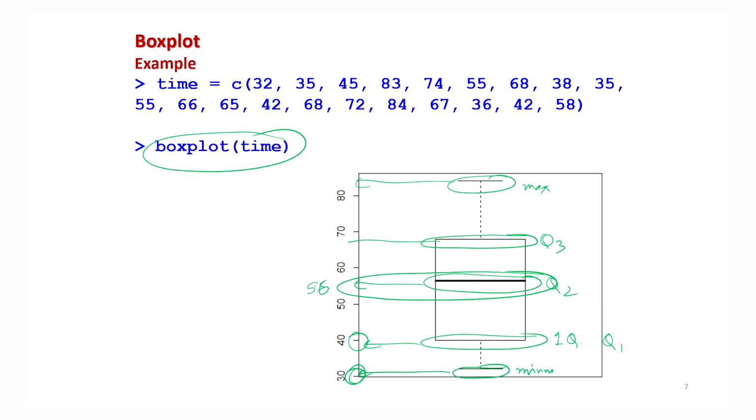You can see from here also that the second quartile is close to 56. It may be difficult to find the exact value by inspection, whether it is 55 or 56, but from the numerical value you will get the exact value. Similarly, this third quartile is close to 68, but at least you can see that it is very close to 70. And similarly, here is the maximum value, right? So this is how we get a graphical view of the outcome of the summary command.